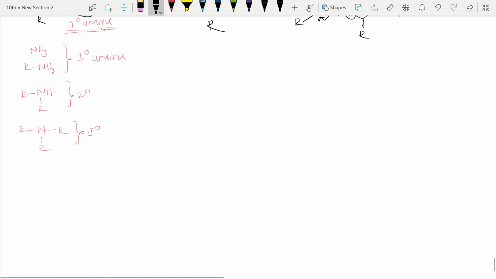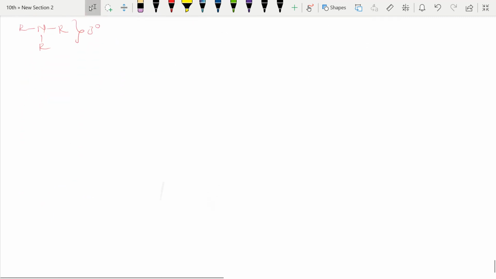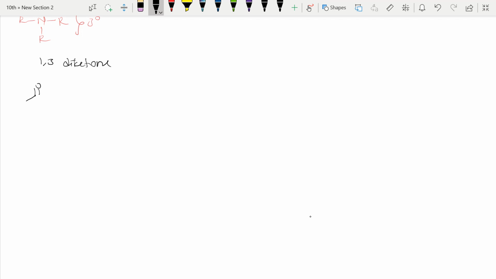So let us see a few more things. If a 1,3 diketone is there, see here, 1,3 diketone. What is a 1,3 diketone? Both positions have a ketone group, but at the 1,3 position. These are called 1,3 diketones. See here, 1 2 3. In such a case we dissociate like this only. See here, 1 2, because we will get this reagent RCO plus, and one more will be this one minus.